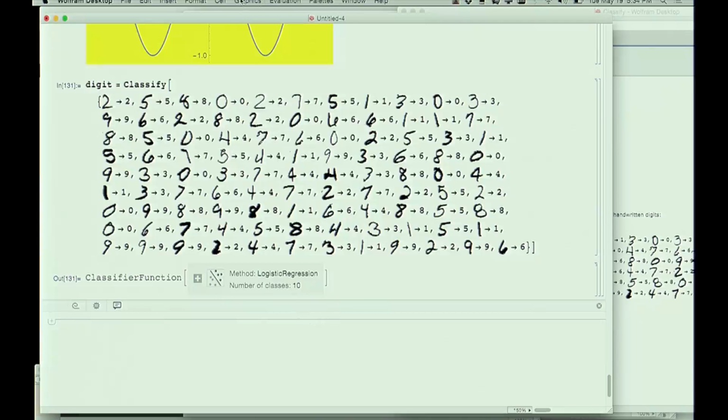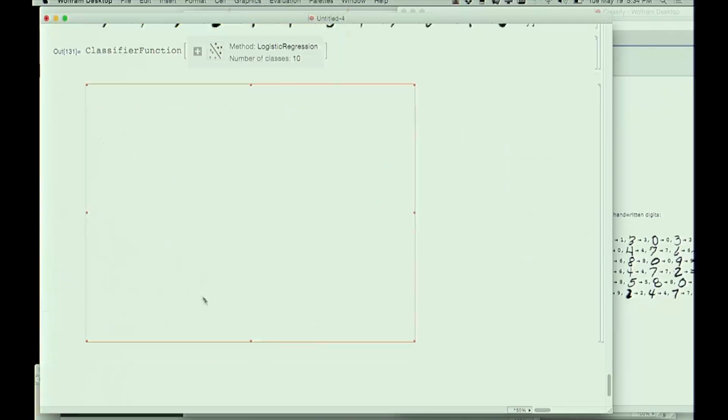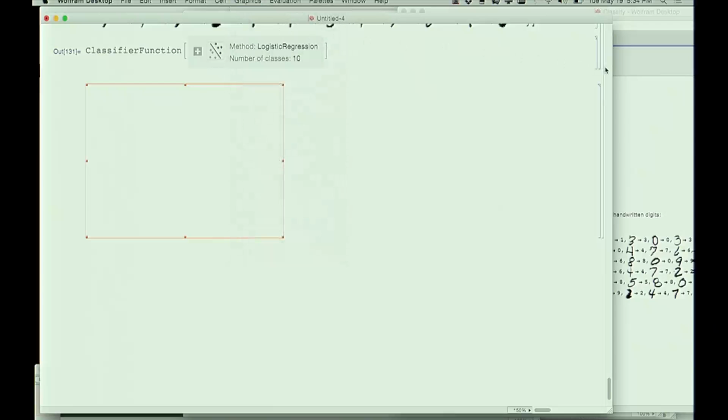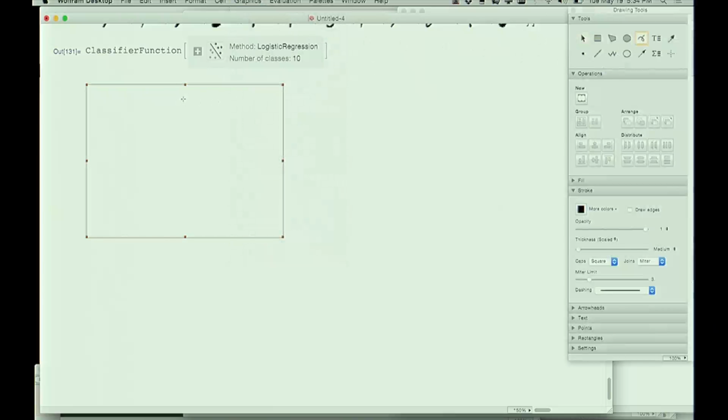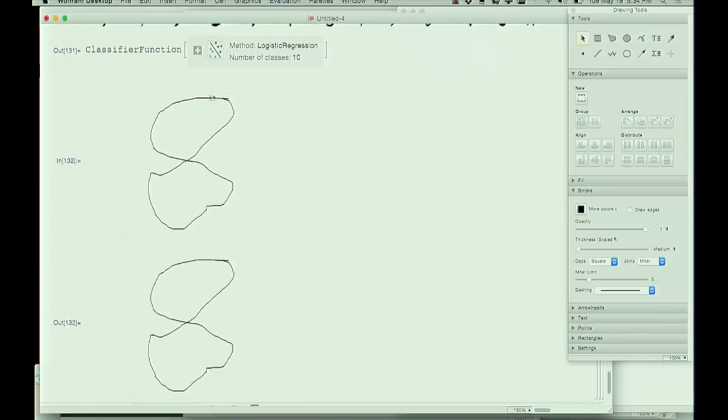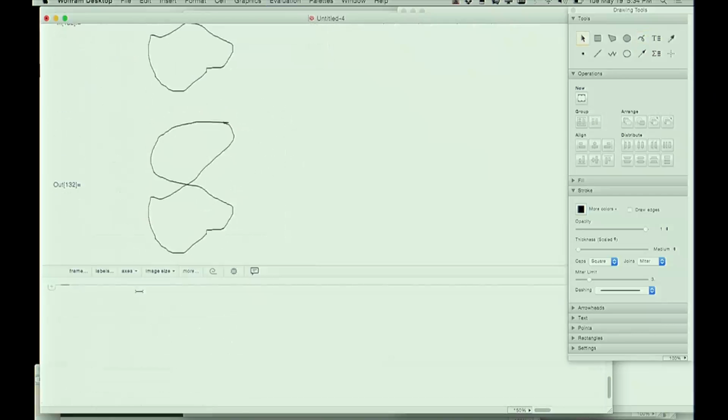Now, for example, I can go here. I can say, make a new graphic. Okay, let's draw, I don't know, let's try drawing an 8. Okay, there's an 8, more or less. Now let's see what happens if I take the classifier on line 131 and I apply it to my 8 here.